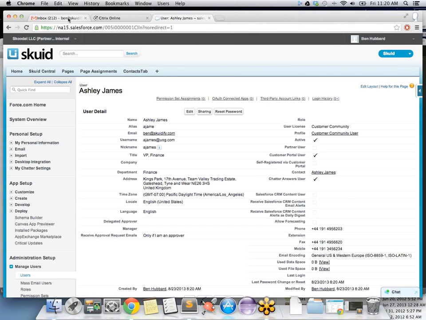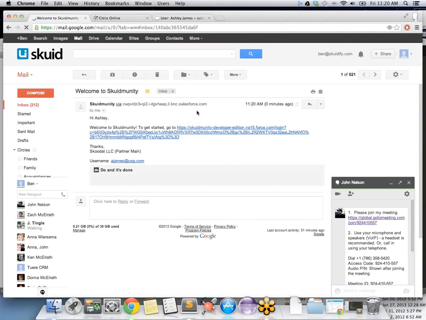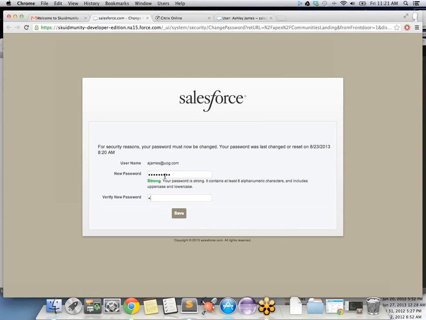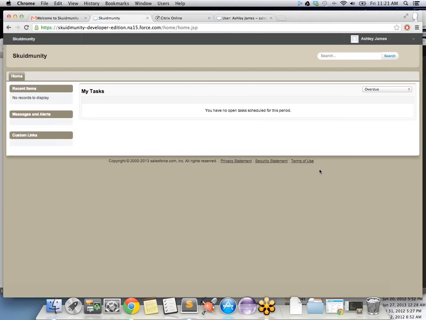And let's change your email to something that I'm going to actually get so I can log in. Well, let's do actually Squidify.com. You can leave all that and go ahead and generate this user. Okay, so Ashley James is now a user, and I should be able to check my email